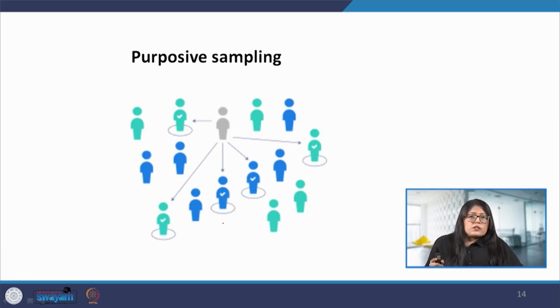It is often used in qualitative research where the researcher wants detailed knowledge about a specific phenomenon rather than making statistical inferences, or the population could also be very limited. So, for example, if we want to make our university campus wheelchair friendly, then we will purposefully select a number of students or staff who use a wheelchair